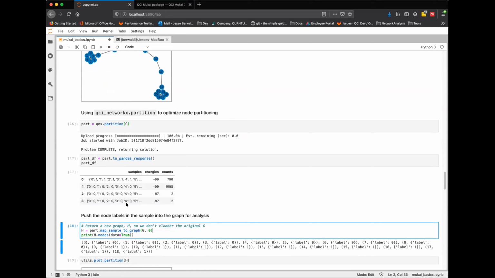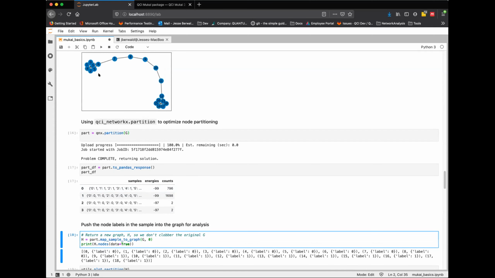One thing that's interesting is that we have to convert the solution back to a graph, but we don't want to modify the original graph. We want to take the labeling, because essentially we put these two sides of the graph into two components. We partitioned it and labeled them by 0 and by 1.